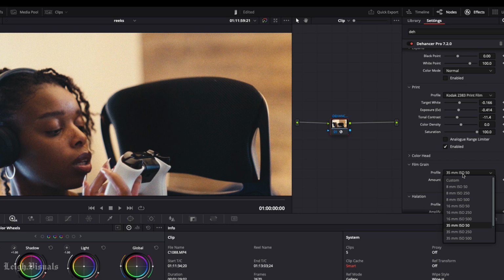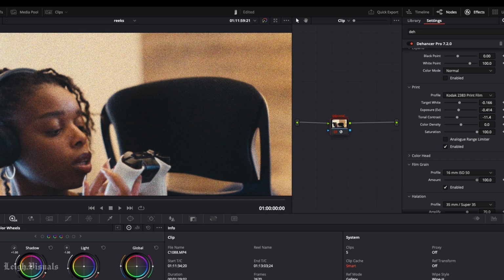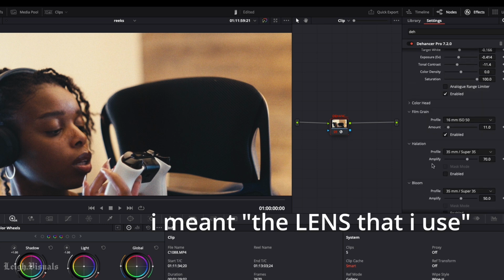I don't even want that much. This is so interesting. I don't think I need that much grain because, like I said, the camera that I use already